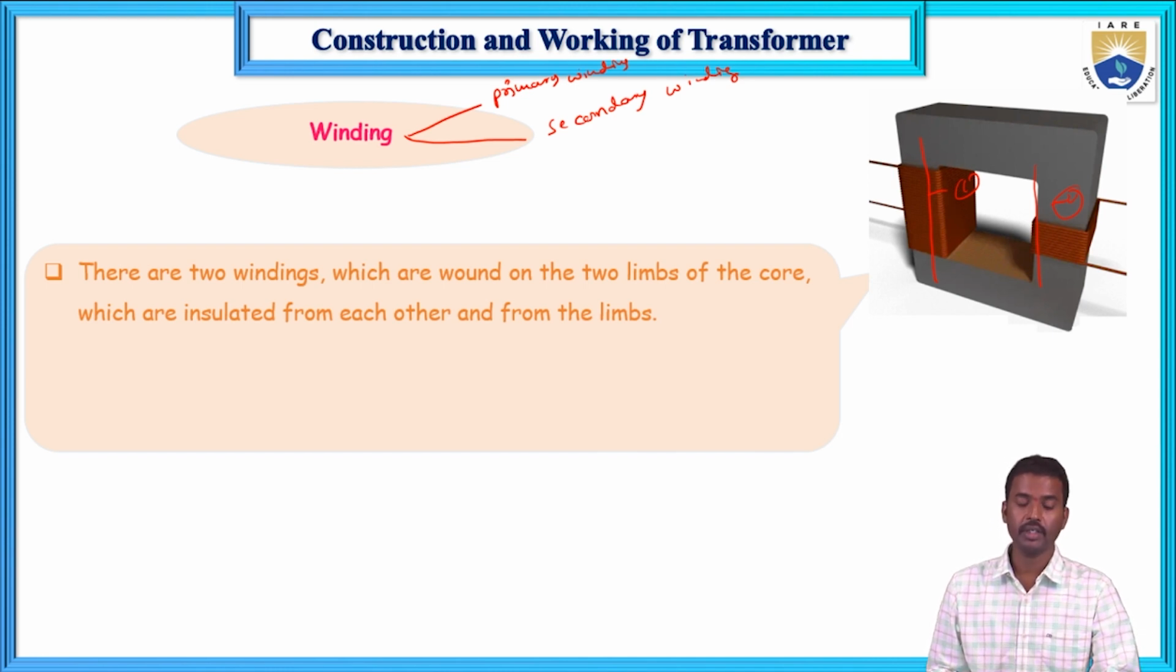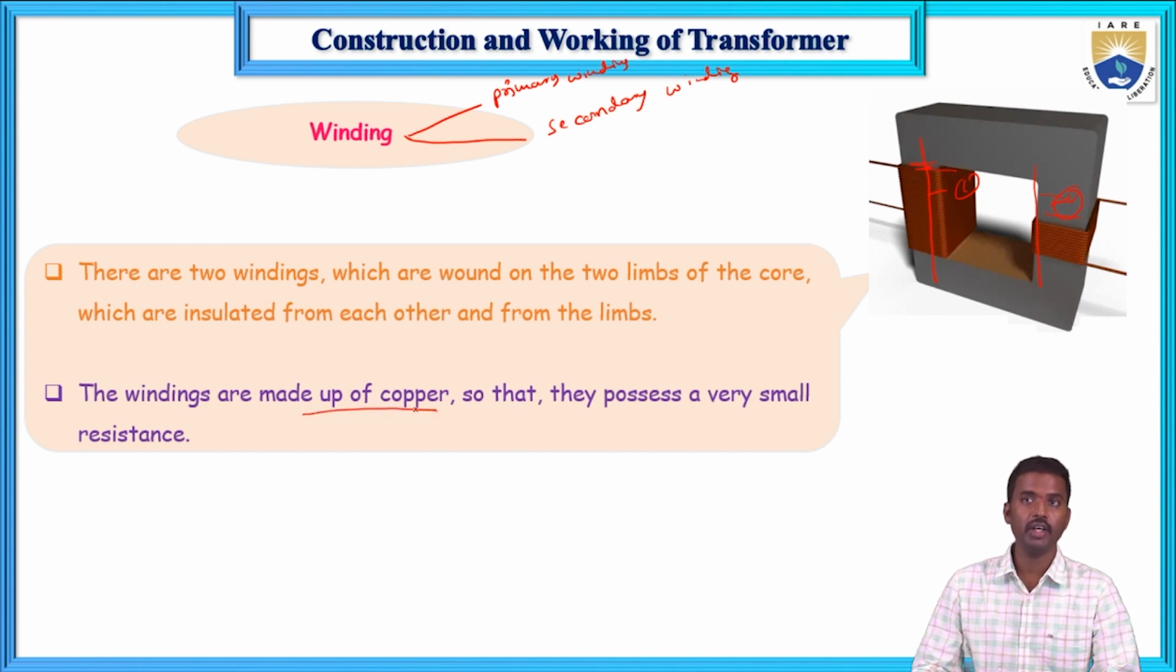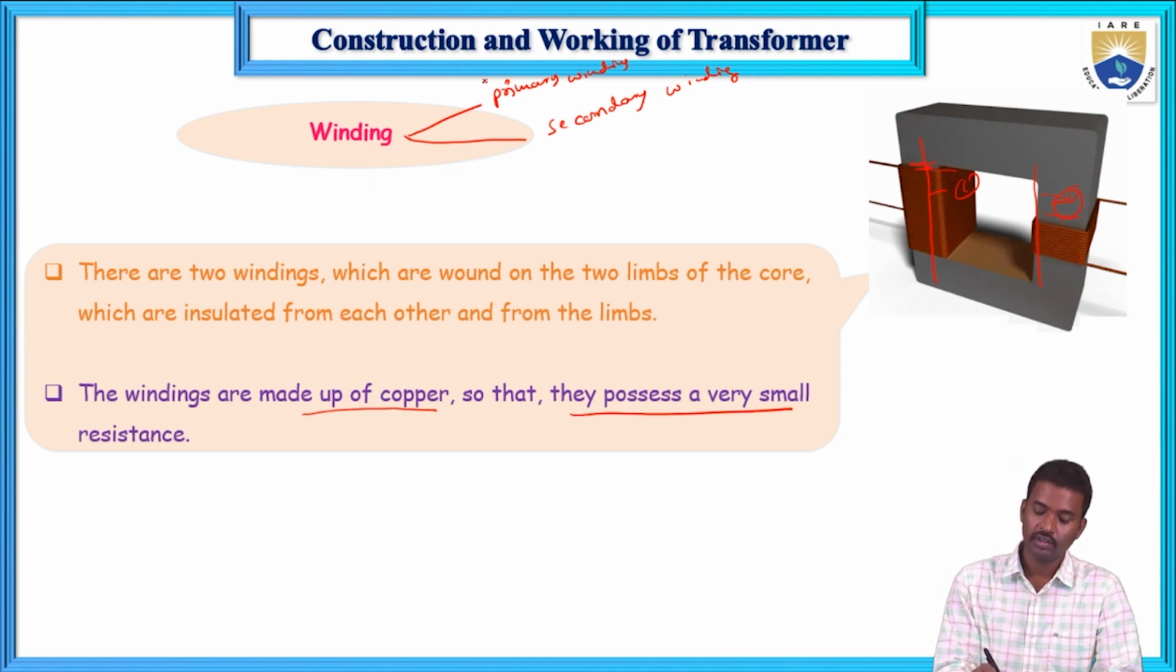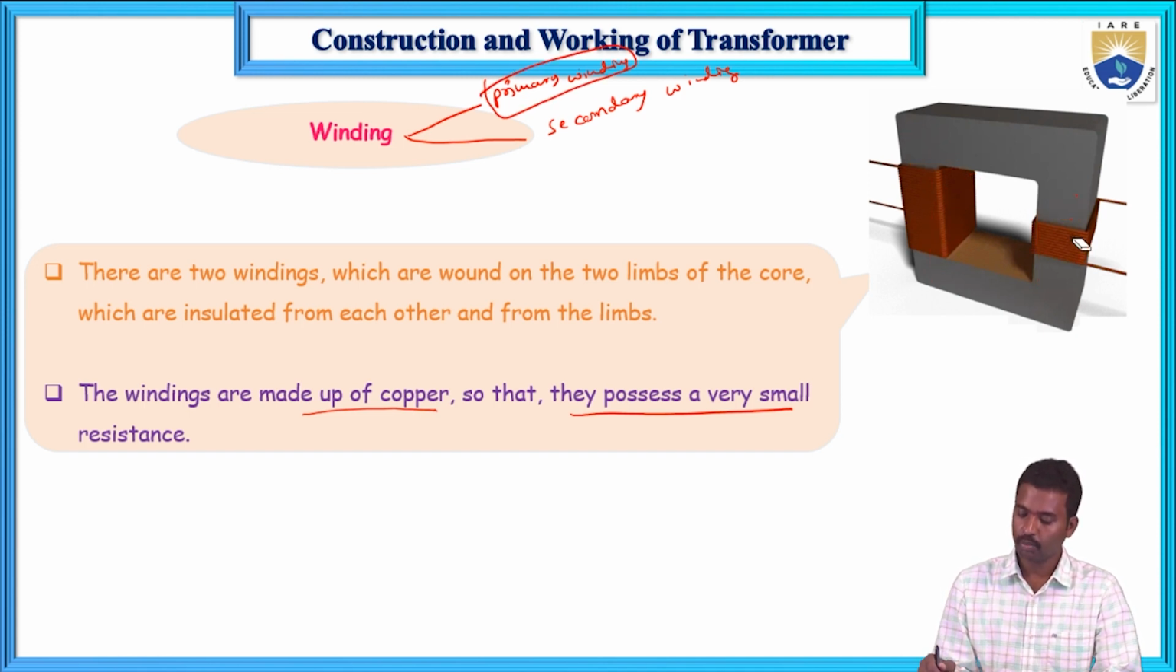Both the limbs of the magnetic core are insulated from each other, and there may be insulation on the limbs. Here the windings are made of copper wire. For any winding we use copper. The copper wire resistance is very small, so a high amount of current can flow. Now the definition of primary winding: the winding which is connected to the supply is known as